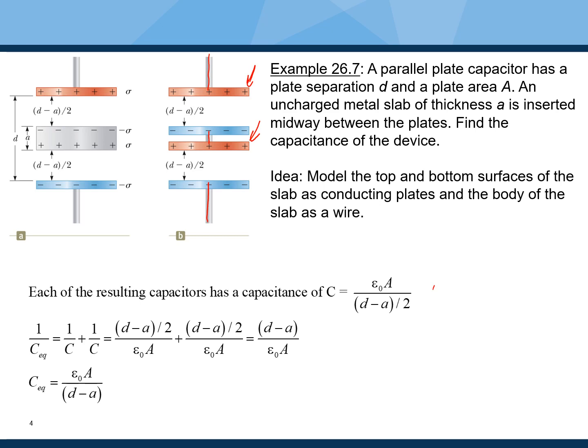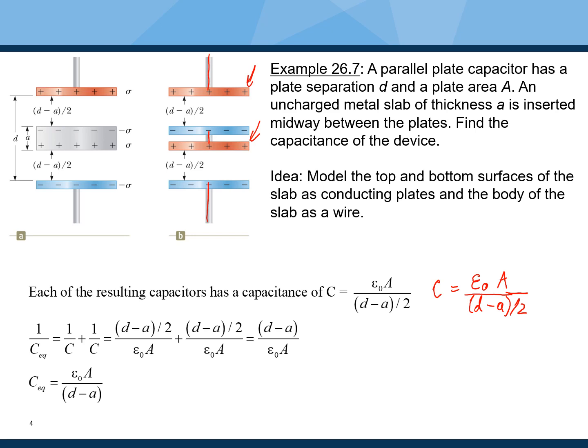So we say that the capacitance C of the top capacitor, which is the same as the capacitance C of the bottom capacitor, is actually given by epsilon naught A divided by the distance between the plates, which is just given by (D minus A) over 2. So this tells us the capacitance associated with any one of these capacitors, and we can now go ahead and realize that we want the net capacitance associated with two of these similar capacitors that